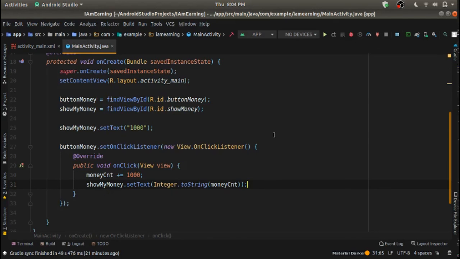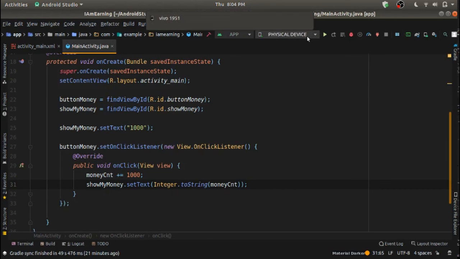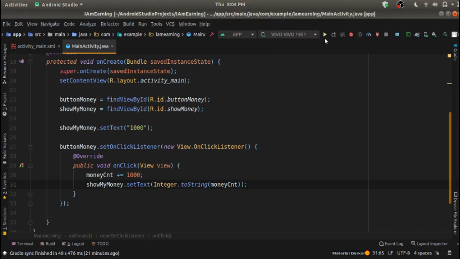Once that is done, it will detect over here. Now I've connected this cell phone. Alright, and I just hit the run button over there, and if we don't have any issues, my program will run, our Android app will be installed over here. Alright, let's see.